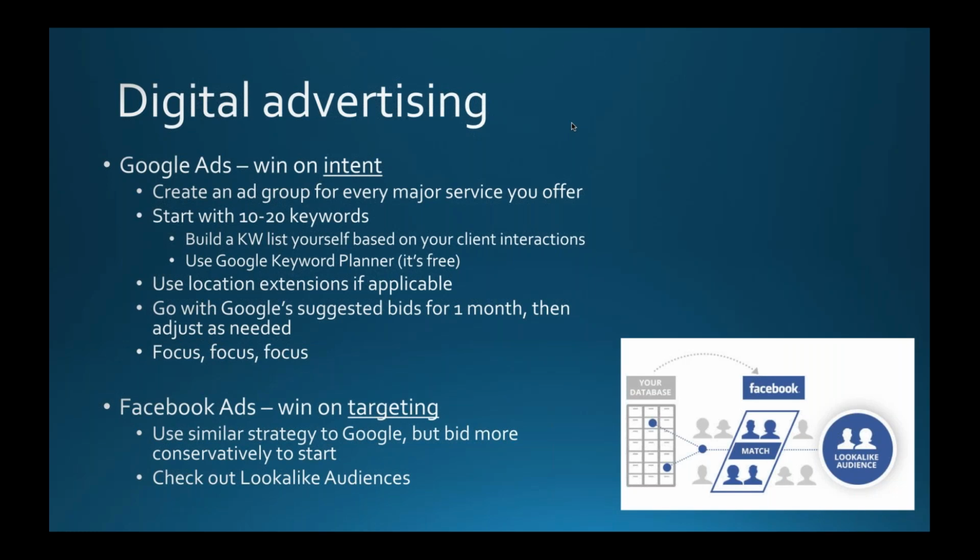If you're uploading a long list of people within a specific industry, Facebook will do a great job of extending that and being able to find other people within that industry as well. So it's a way to extend the value of your customer and prospect database and be able to find other